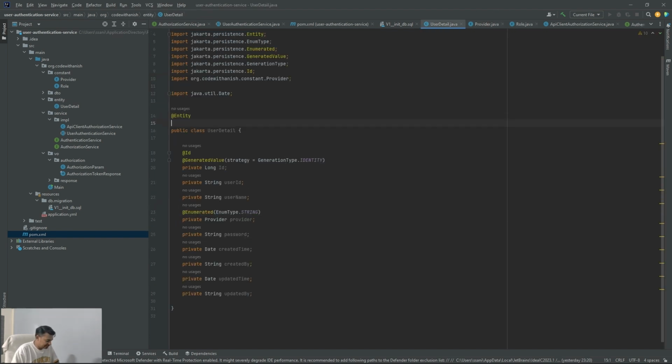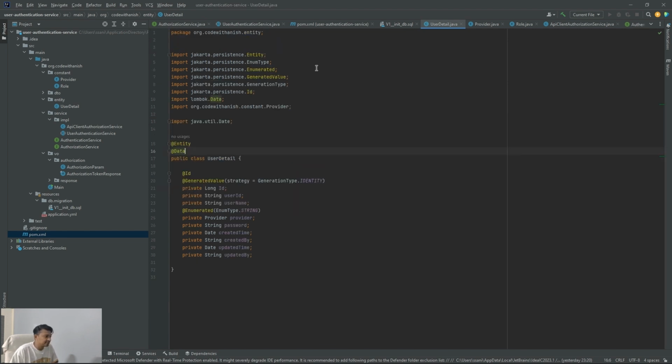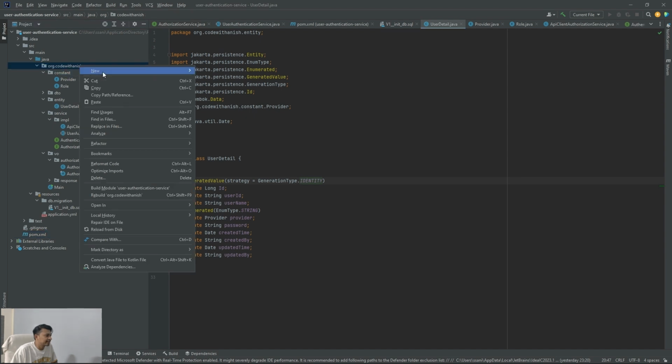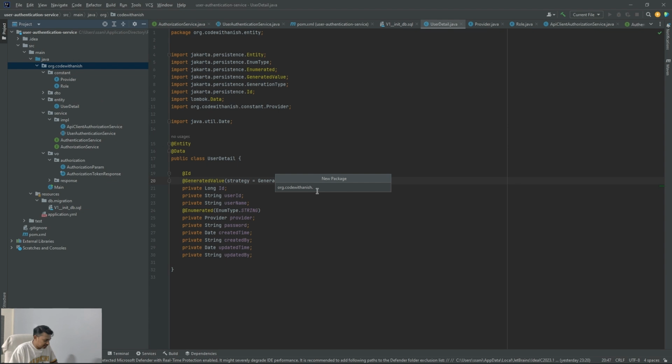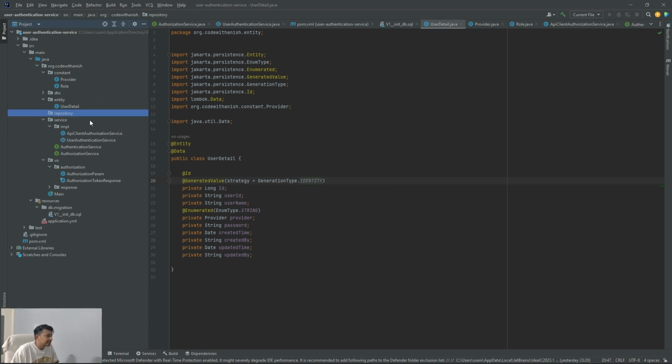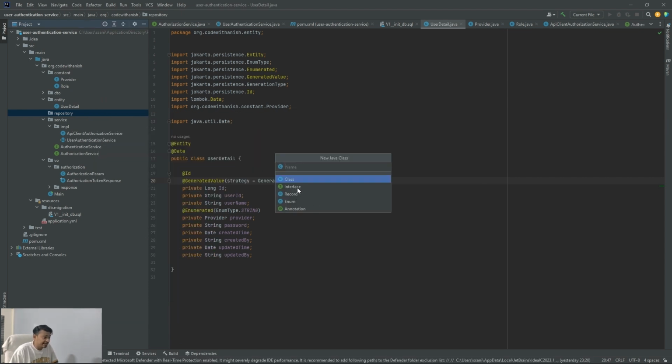Now we will give the getters and setters. Fine. So the entity is ready. Now we have to create a repository. So we'll create a package here, a new package, repository, and we will create a class for it, which should be an interface, user detail